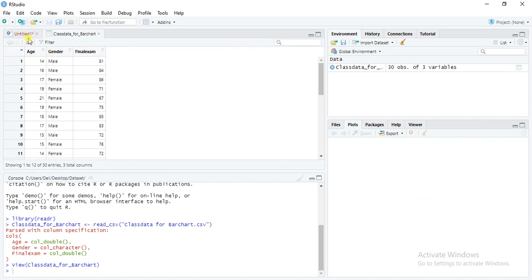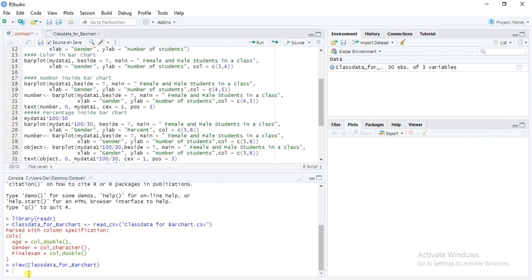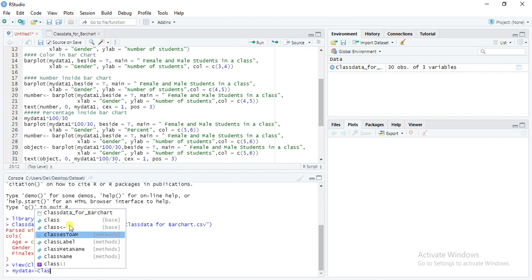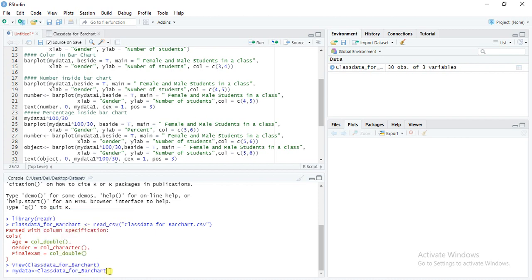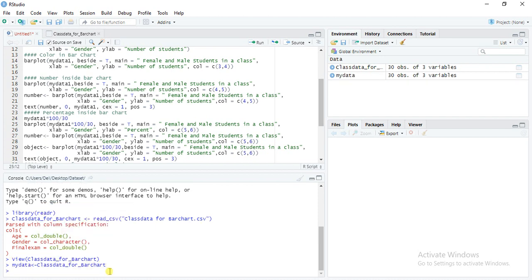Now, first of all, what will we do? This is our file name, class data for bar chart, because it is big, I want a small name, that is my data, because otherwise every time I have to write class data for bar chart.